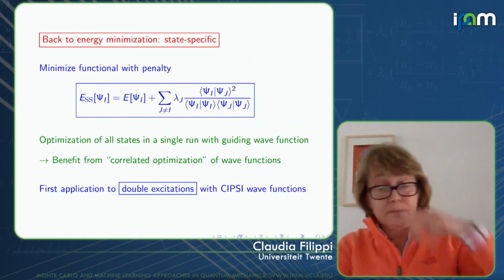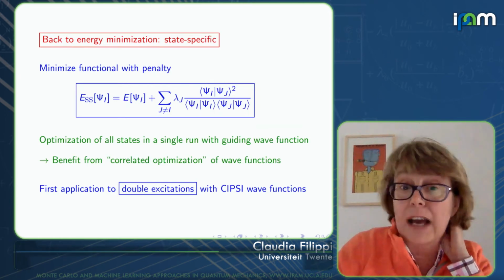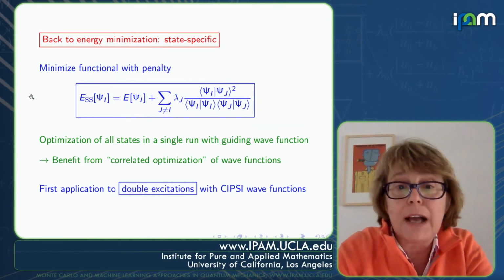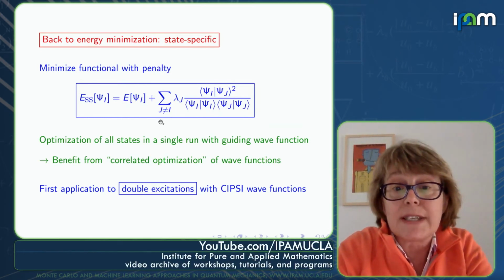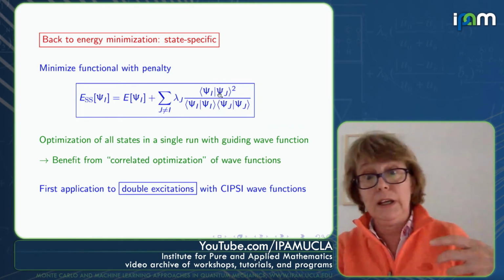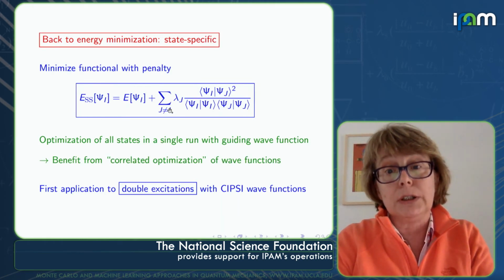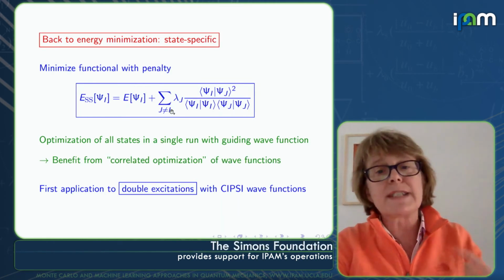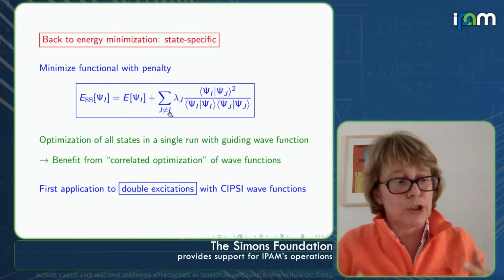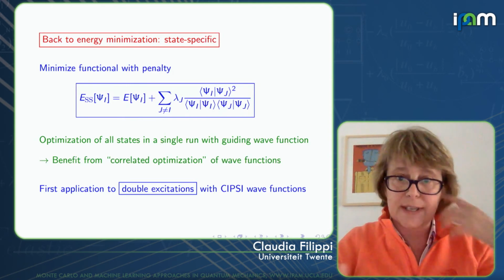Now, for energy minimization, of course, we used in the past a lot of state average optimization. Nowadays, we use state specific. We are using this penalty function. So you have the energy of your state plus a cost to ensure orthogonality. And we are doing it on all the different states under consideration, because even if you're doing the ground state and you're moving your geometry, states might cross. So we are treating all states on the same footing.